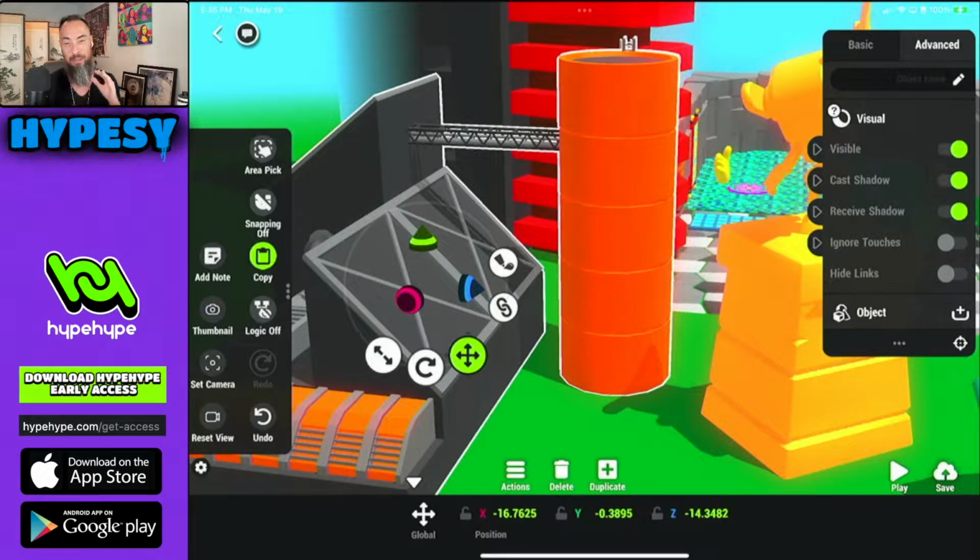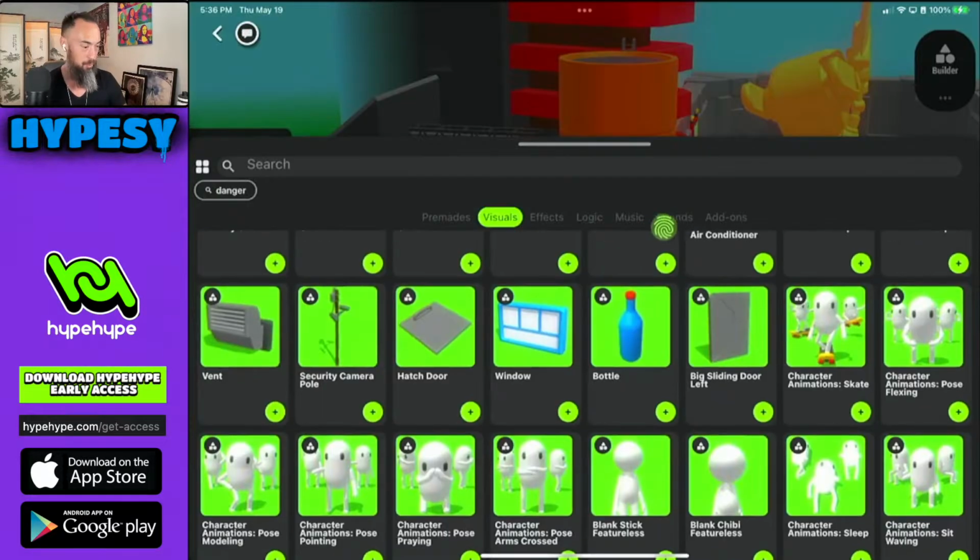Remember, with all these assets, you also have the ability to adjust the color scheme, the visual color of how it looks, how light shines off of it, which can completely change the style and environment. For example, I like things looking a little bit more cartoony. To me, it's just more fun to make a cartoon world, but you can make things shiny or whatever you're curious about. Window, that's nice.